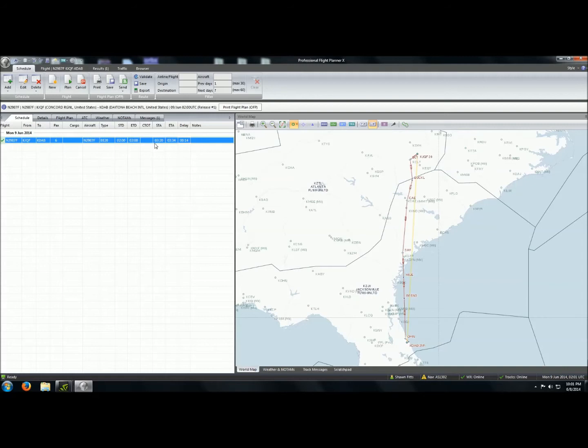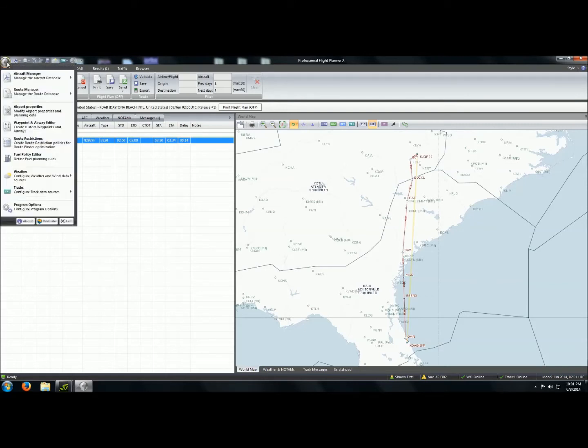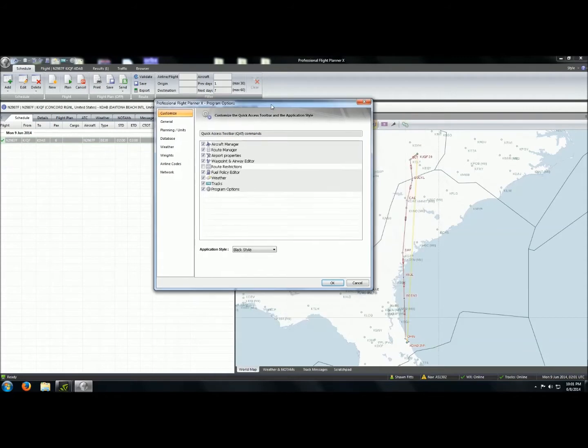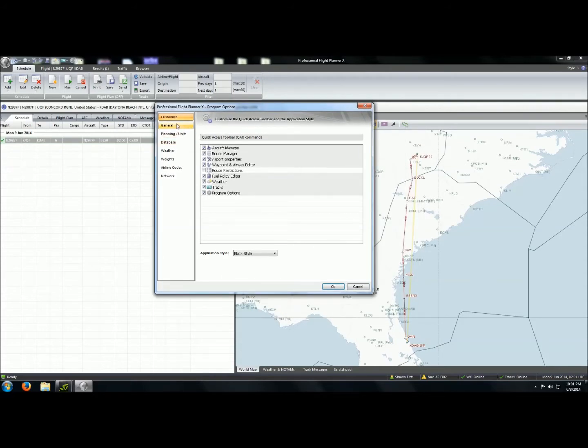So with that being said, let's go ahead and get started and take a look at a few of our menus. That's what we're going to be doing here today in this video. We'll take a look at our program options, and this is pretty much straightforward. We can customize the different tabs you see and the different buttons you see up here at the top in the status bar. That's mirrored out, so it's kind of hard to see, but there are different buttons you can select